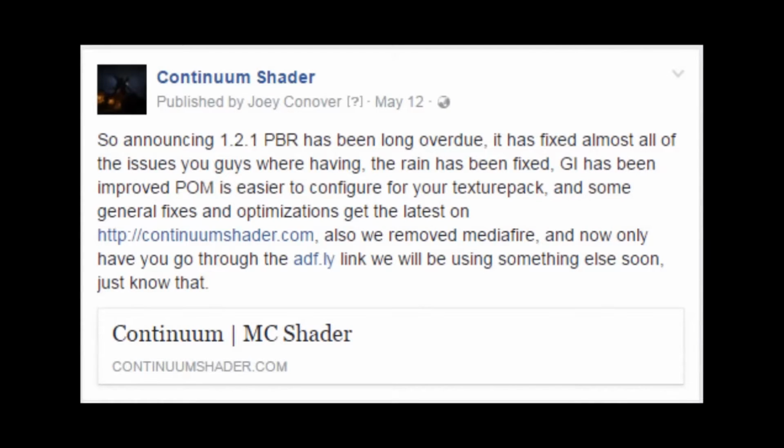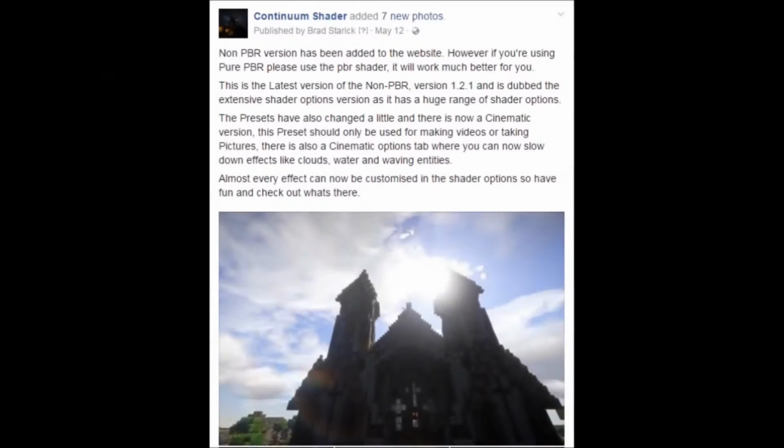On the 12th of May, the Continuum team released the full version of the 1.2.1 PBR version, which was added to the Continuum Shader website. A lot of the bugs have been fixed, although still quite a few were present within the shader. On the 12th of May 2016, I announced that there was going to be a 1.2.1 version of the non-PBR